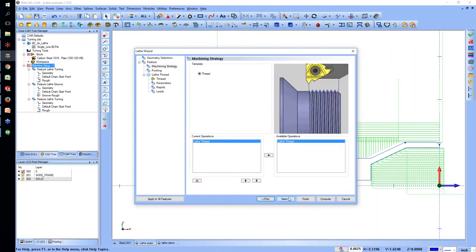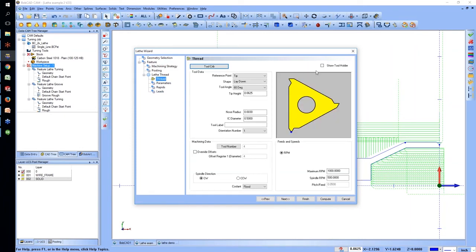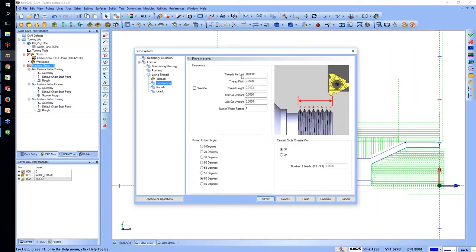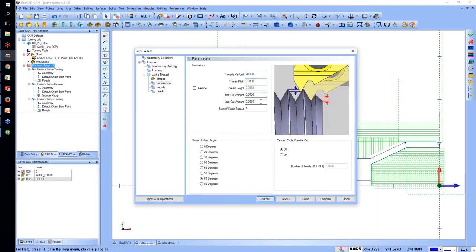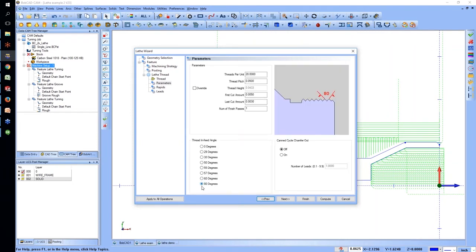And then you have the ability to hit next. You're going to use a lathe thread, and then you can define your threading tool, and again, you can show your tool holder for it and everything like that. And then you go to your parameter settings, and you have the threads per inch, thread pitch, first cut amount, last cut amount. Then you have 0 degrees,